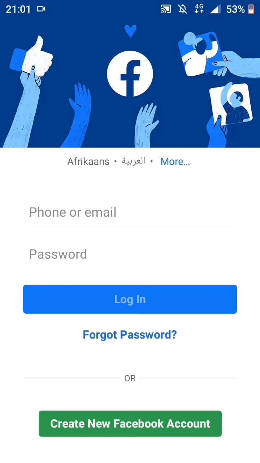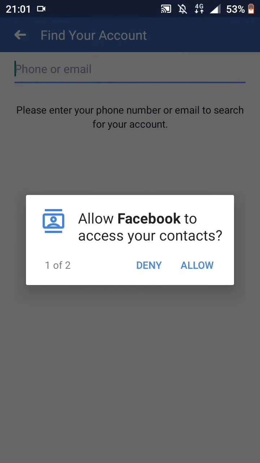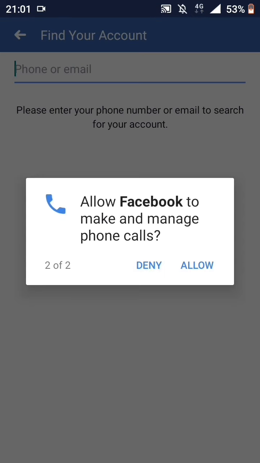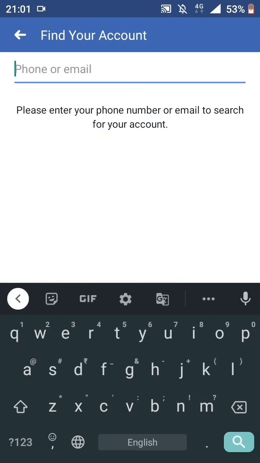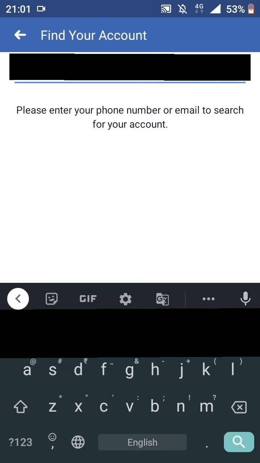Now I will click on forgot password. Deny. I will not give any permission to Facebook. So now I need to input my phone number to find my account.